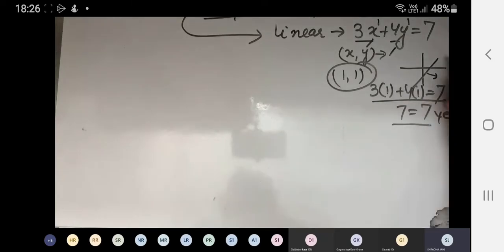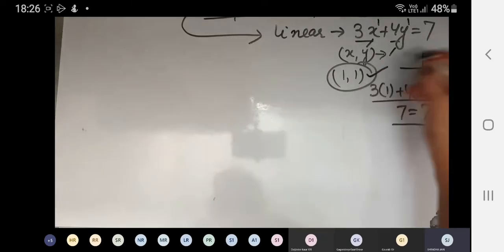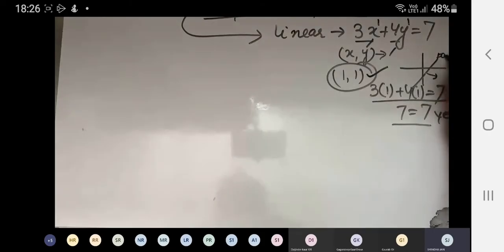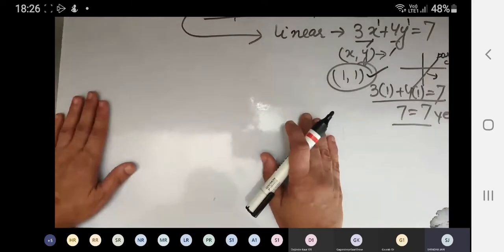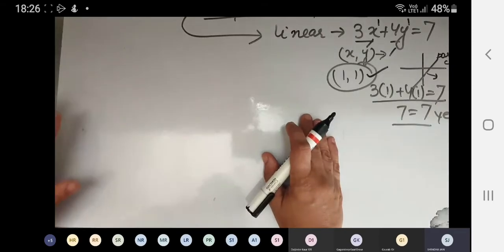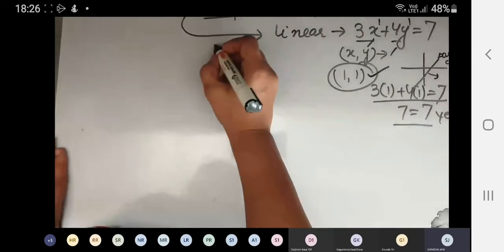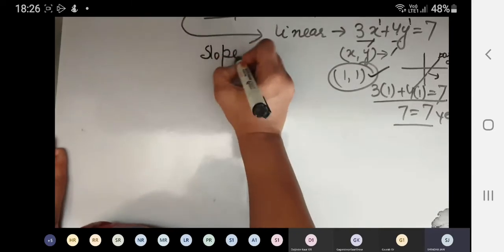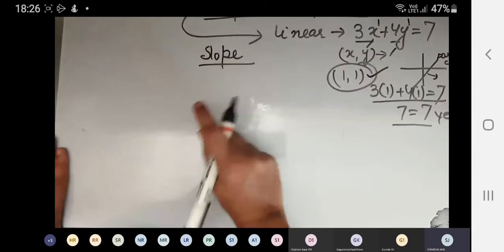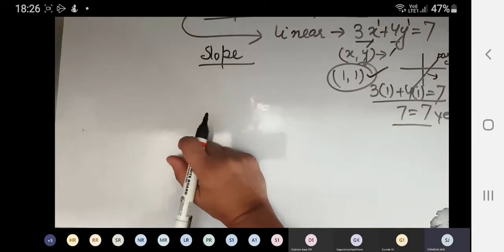Now this time we are given the points or some particulars of the line that we talked about in Exercise B, and from that, obtaining the equation of the line is the main motive to learn in this chapter. How to obtain it? For that we learned a few terms. First is called slope. This is the most important thing which we'll be using. Now, what is the slope of a line?